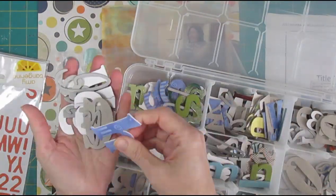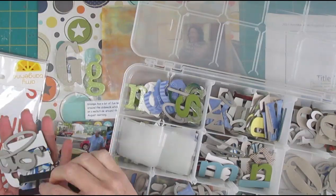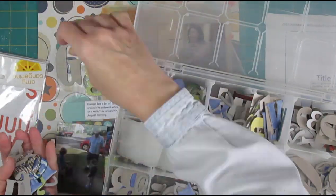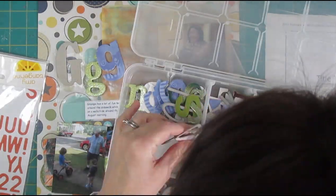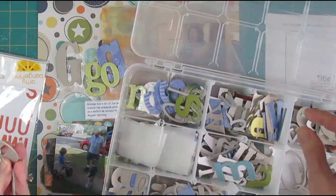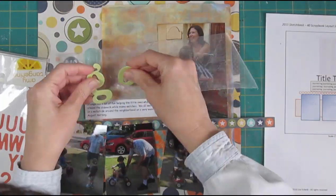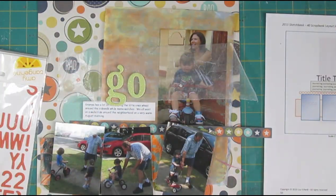I'm starting to pick out some letters. I want it to say "off we go." So the "off we" is going to come off from some of those packages of thickers, and "go" can be fairly large, so I thought I'd get into my box of cast off chipboard pieces and find some, and that